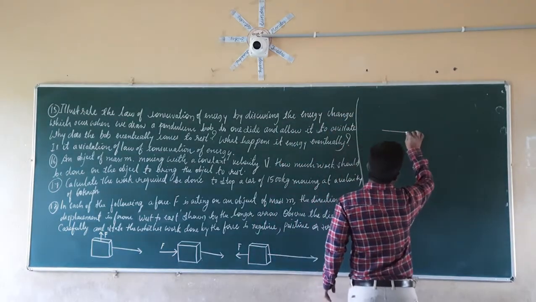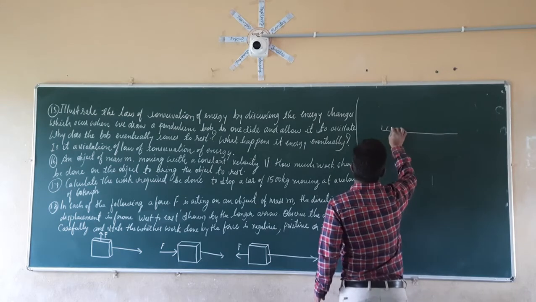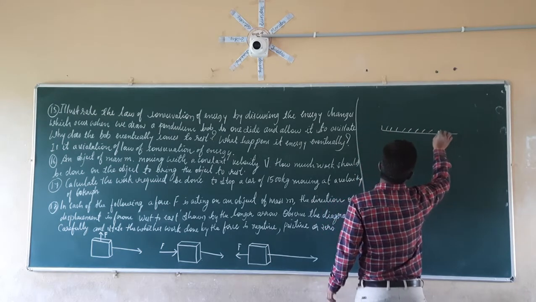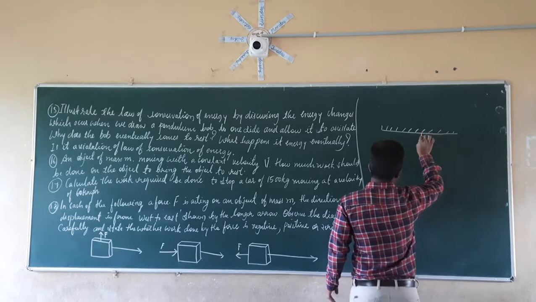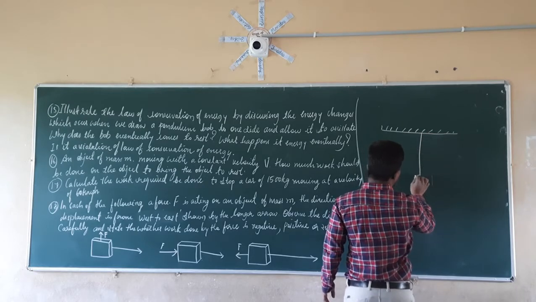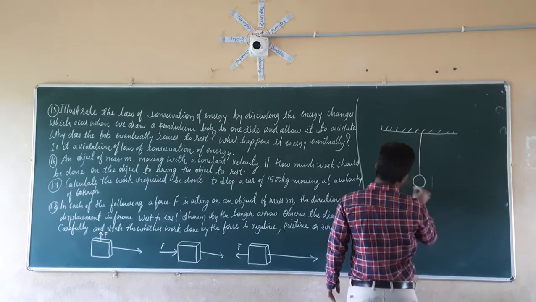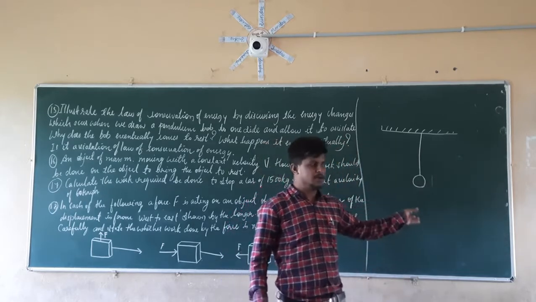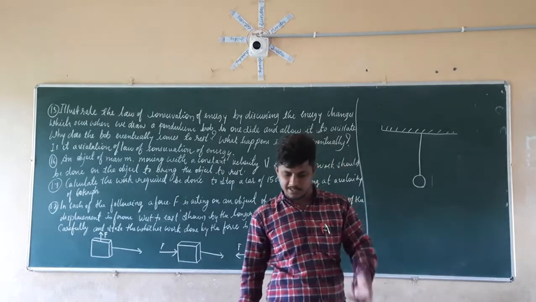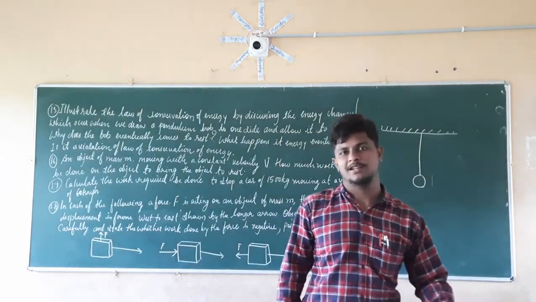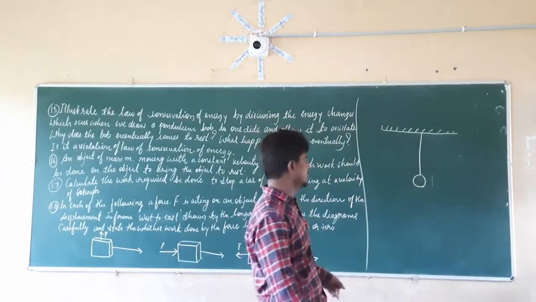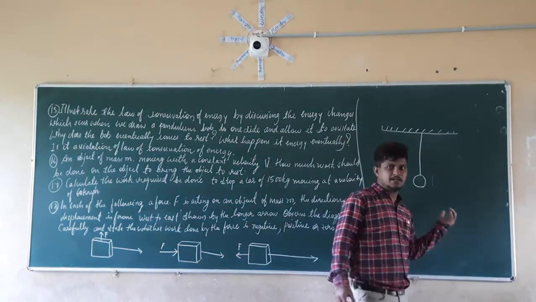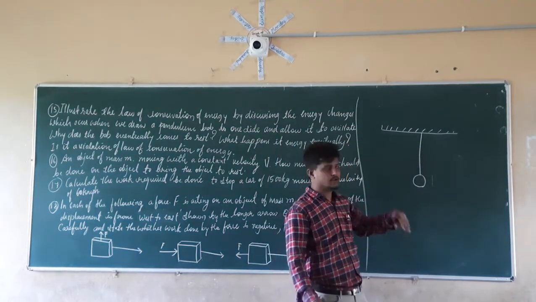Let us see, this is the support. Let this be a rigid, very strong support. On that strong support, we are suspending a pendulum bob here, like this. If you want another example, you can take the example of the jokali, the swing. We are going to play the jokali. It is the same manner.